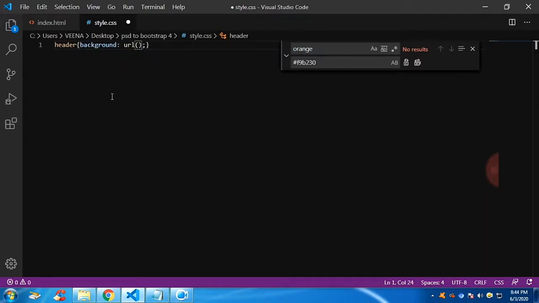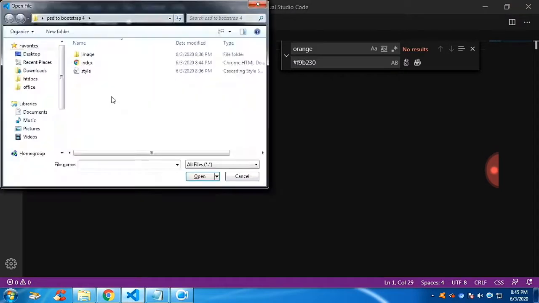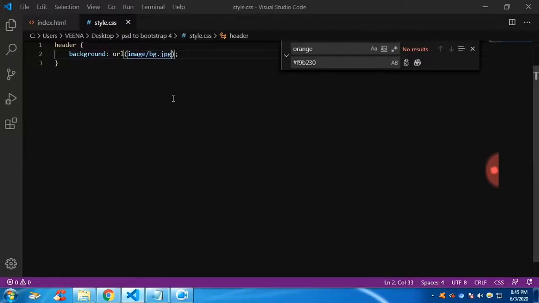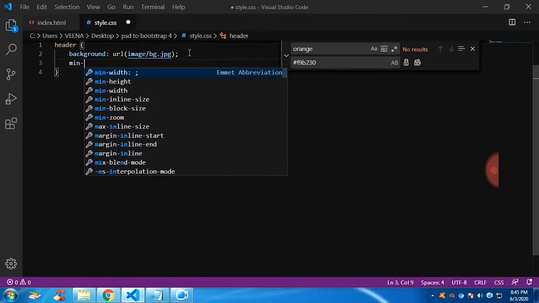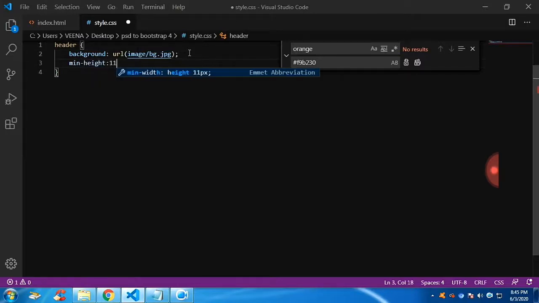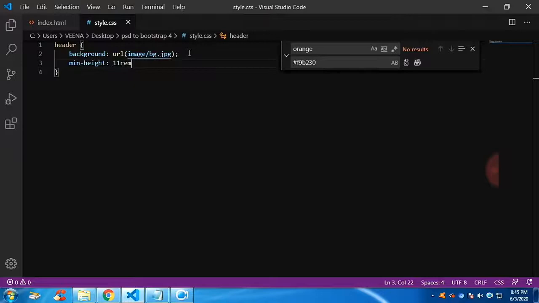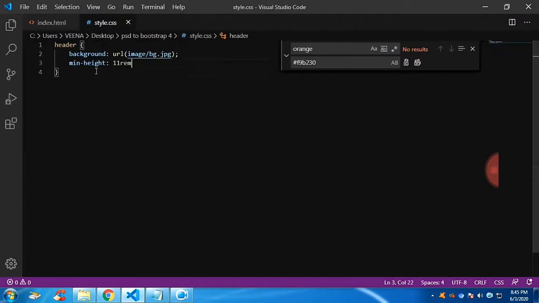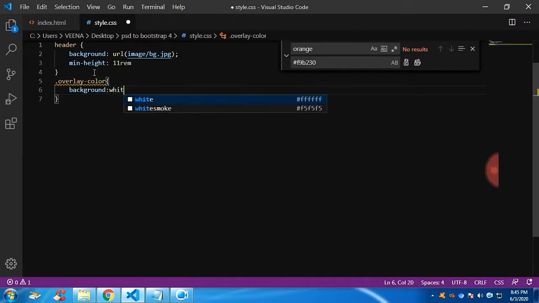As I have already shown you, we have an image folder. It has an image with name bg. And let's set the minimum height as 11rem. Now let's take the overlay color. It will also have the minimum height as 11rem, and let's give the background color as black to see whether the background color has changed or not.